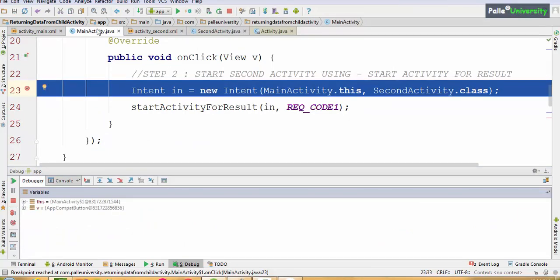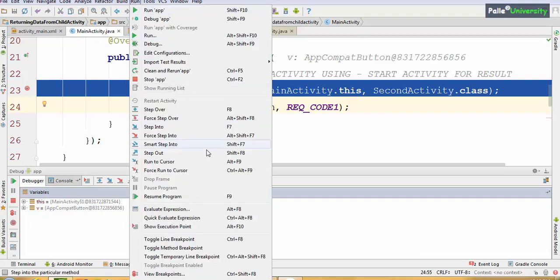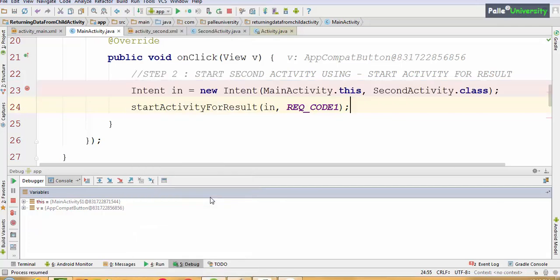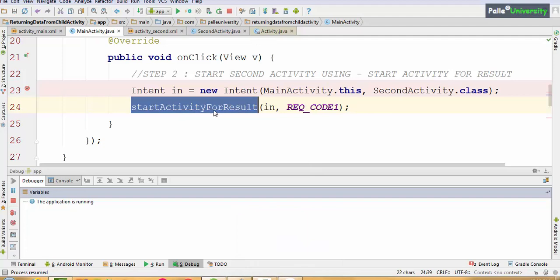Now when we click this button, first it will hit the first breakpoint. You can observe the main activity button click listener has been entered. Now I don't want to see the step-by-step process here. I just want to see where it is going at the next point. Which key do you have to press? F8 is used to execute step by step. F9 is to go to the next breakpoint. So I will press F9. Since I am recording the screen, if I press F9, it will hang my recording. So in place of F9, I can go to Run and click this option, Resume Program. Now it has launched the second activity because here we are calling startActivityForResult.